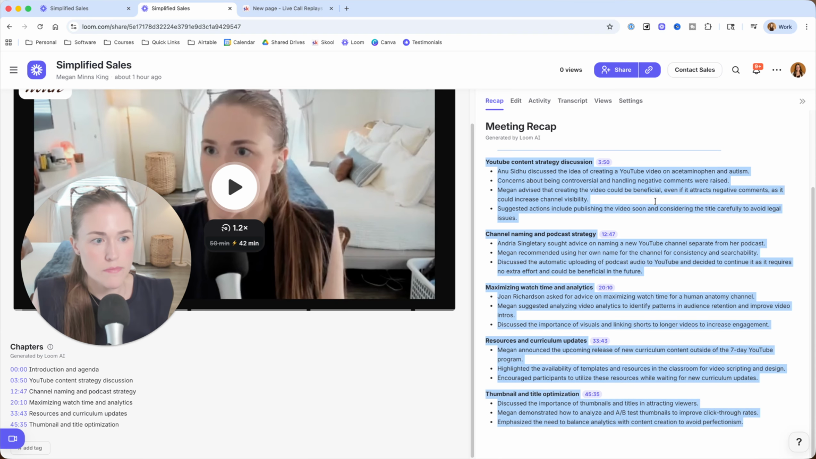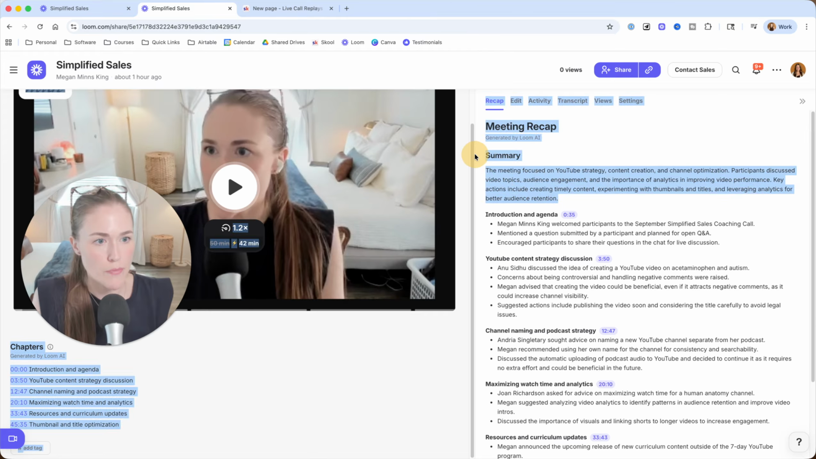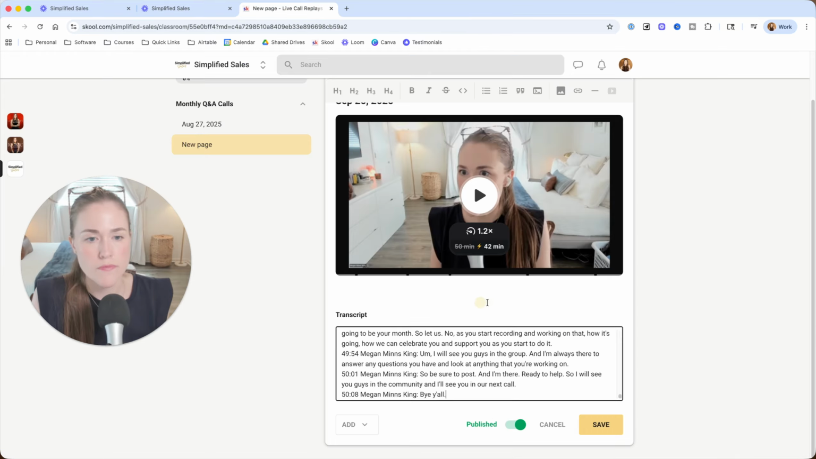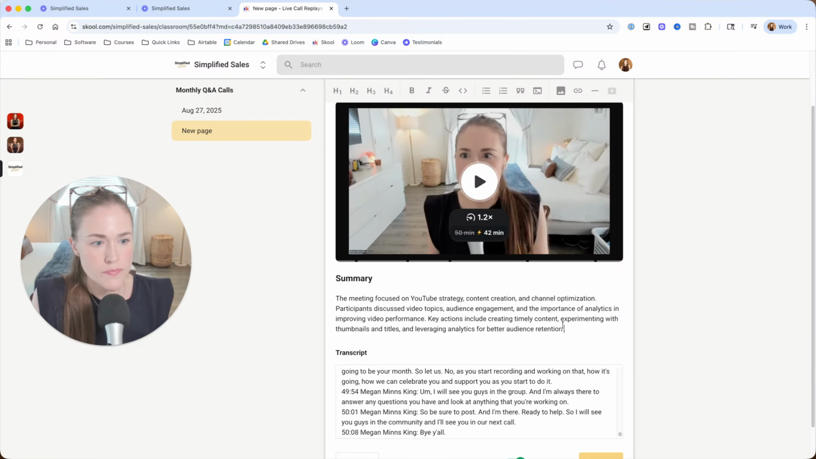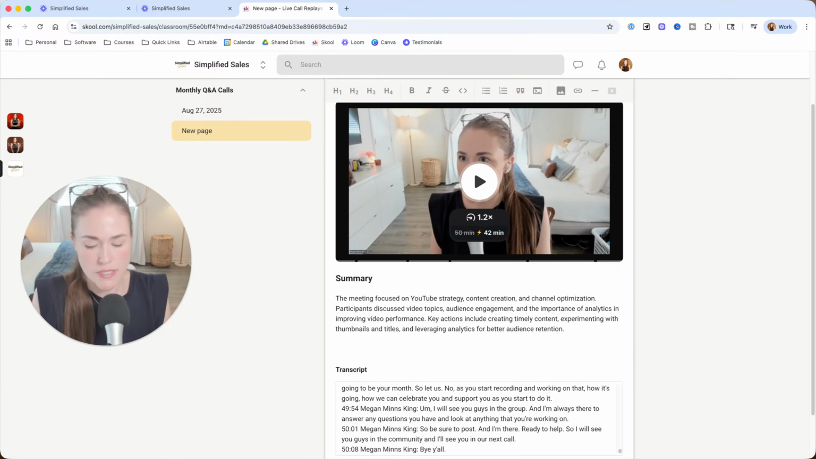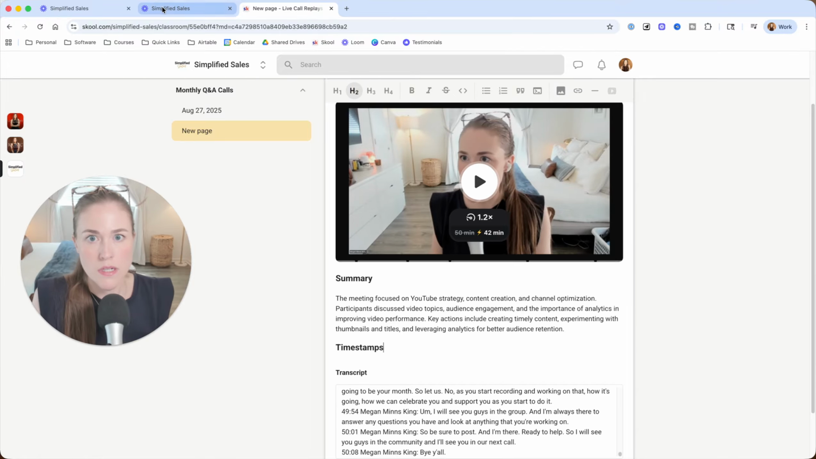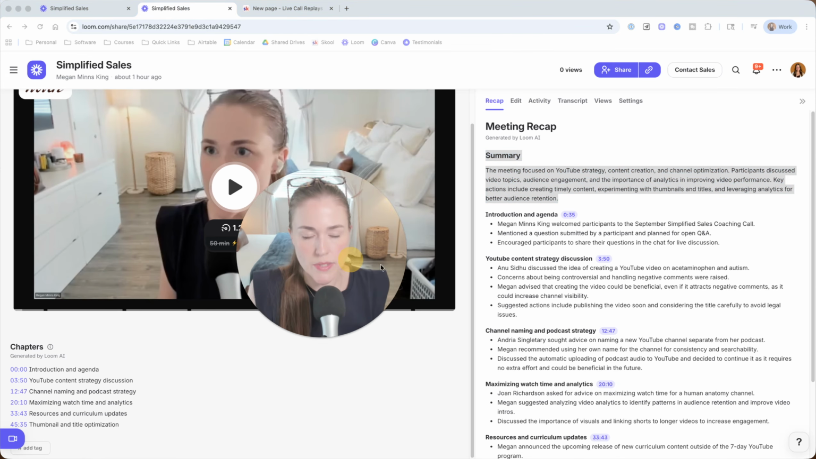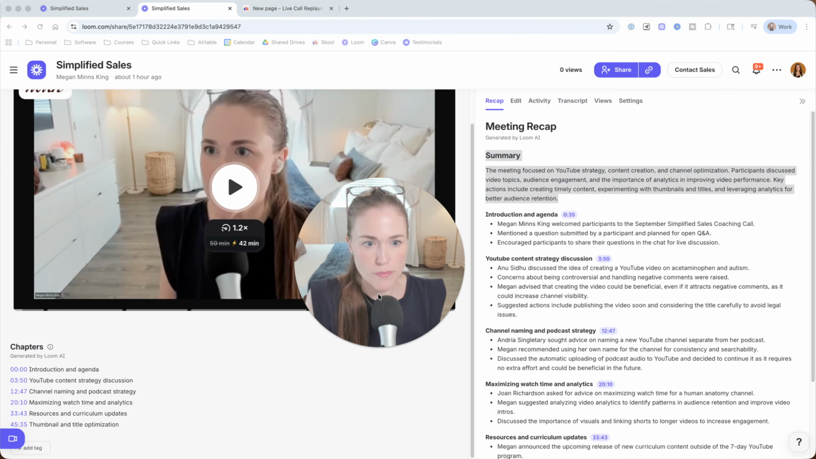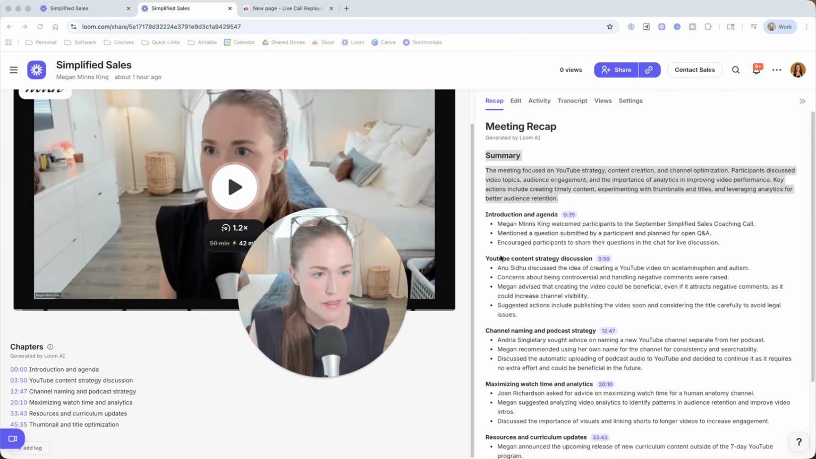all of this. Actually, I'll show you my favorite way to really do this. I'm going to copy the summary first. Then what I like to do is come in here and say timestamps. What I like to do is take the chapters from Loom meeting recorder and match them with the sections here